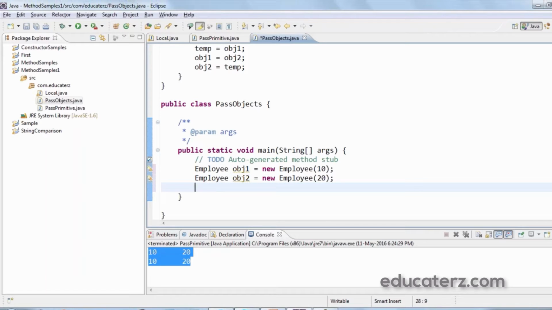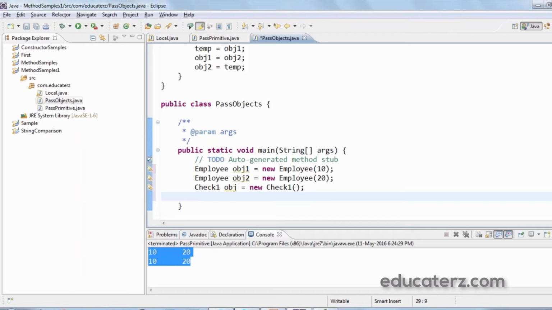Create an object of the check1 class first: check1 obj equals new check1.